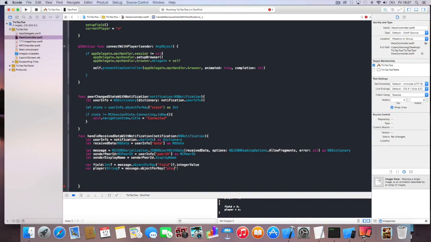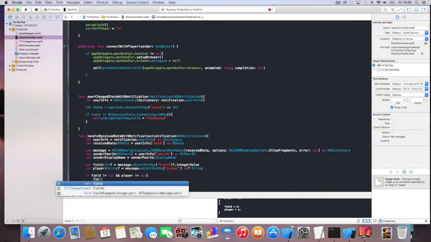We're going to access the key player and cast that to a string. All right, and now we can check if field is not equal to nil and if player is not equal to nil. So if there are both values available, then we can say, now this is the interesting part, fields,